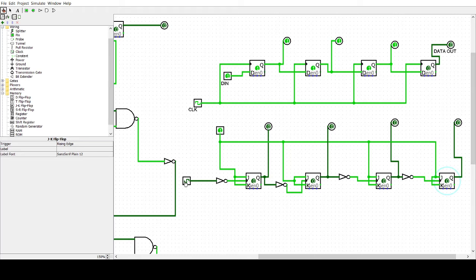Okay, so first pulse, I got 0 0 0 1, next 0 0 1 0, which is 2, reading from right to left.